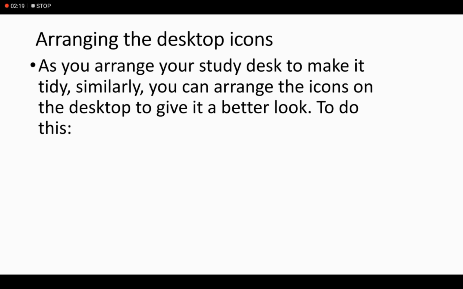Next one is arranging the desktop icons. As you arrange your study desk to make it tidy, similarly you can arrange the icons on the desktop to give it a better look.